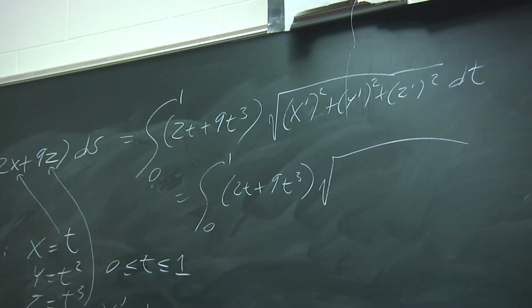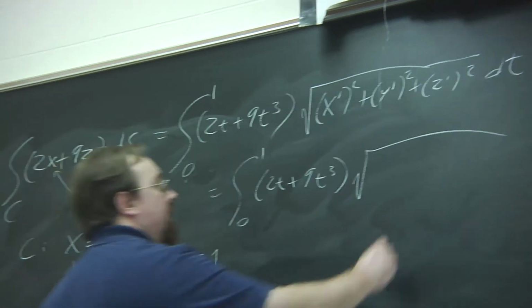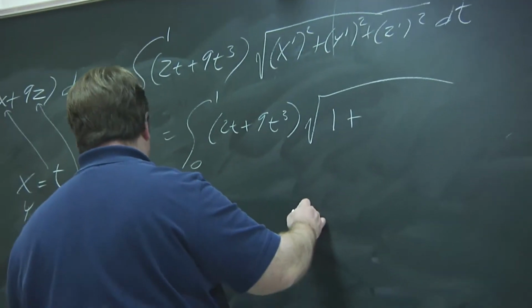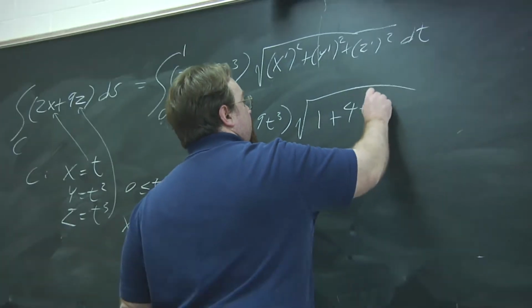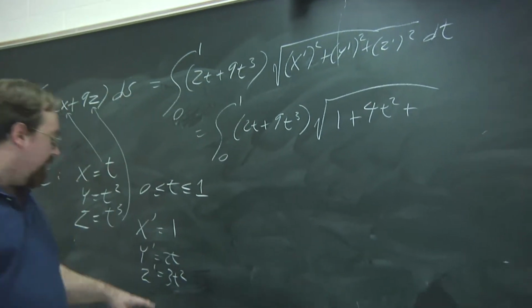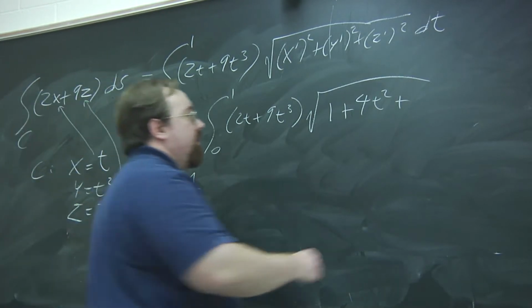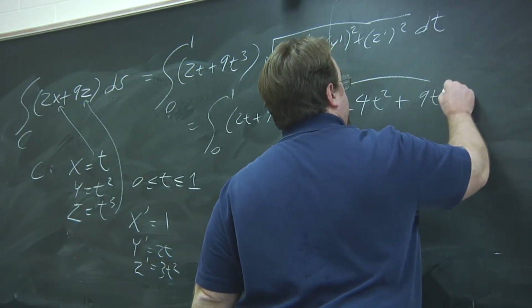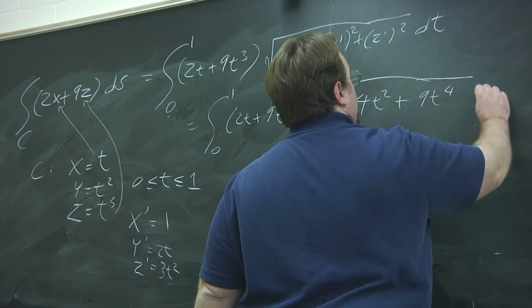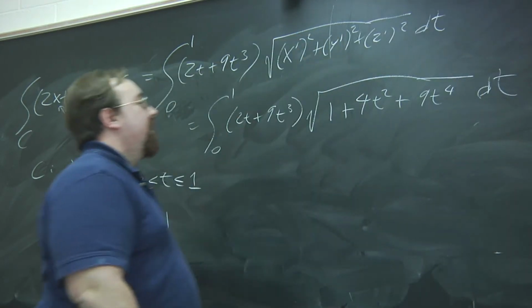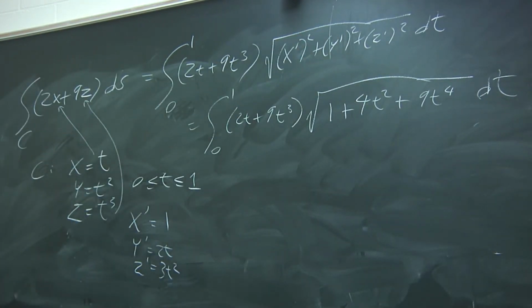All right, so x prime, that's just 1. Then we have 2t squared, so that's 4t squared. And then we have 3t squared quantity squared, so that would be 9t to the 4th. Okay. All right. So now that is what you're going to integrate. A little uglier. But